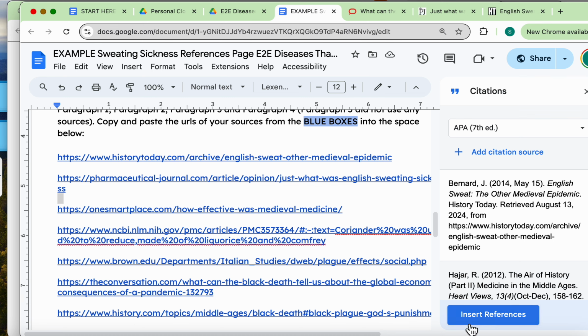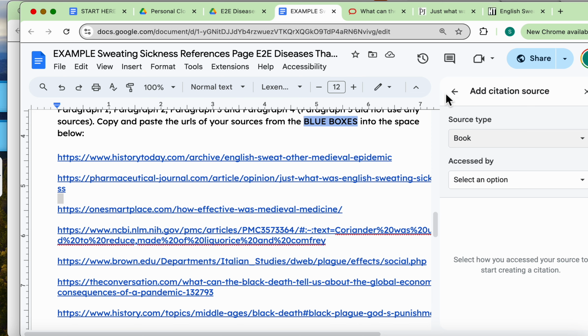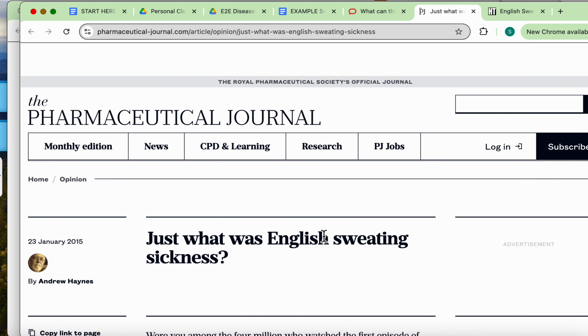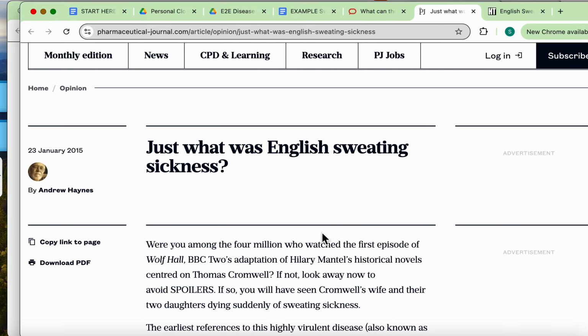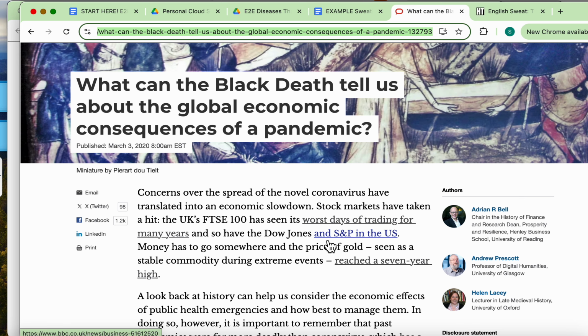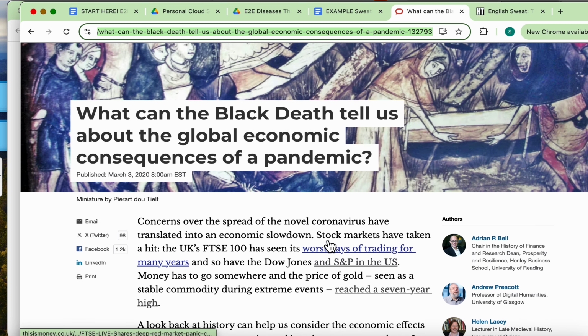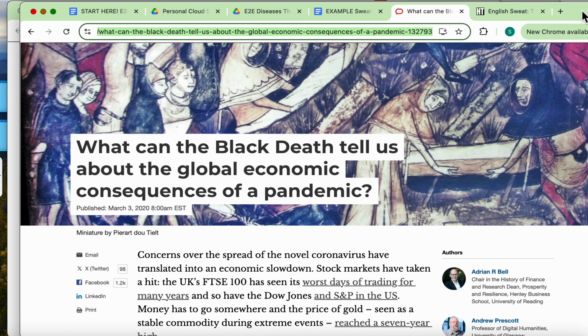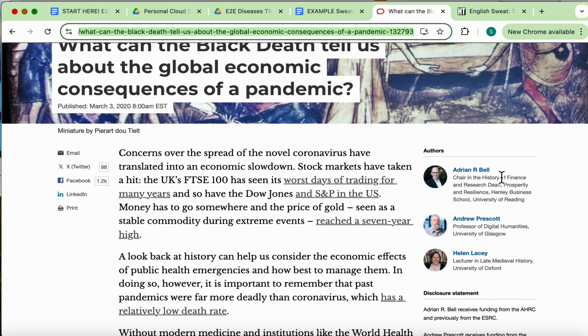Notice I have not yet hit insert references because I'm not done. I'm going to click add citation source again, and let me just look at this and see what it was. Okay, so, oh wait, that's the wrong one. Here we go, this one. Okay, so this one like looks pretty straightforward, but one thing that could potentially get wonky is you've got 1,